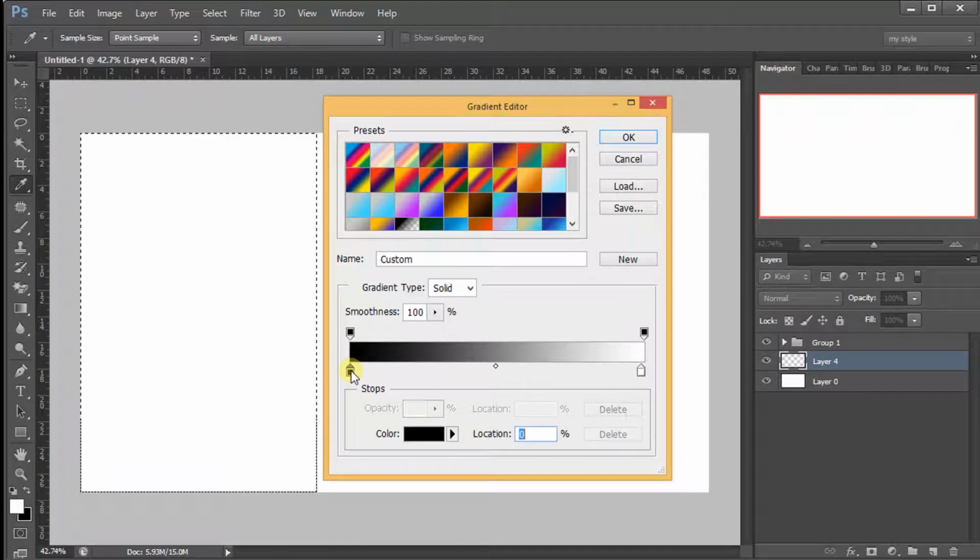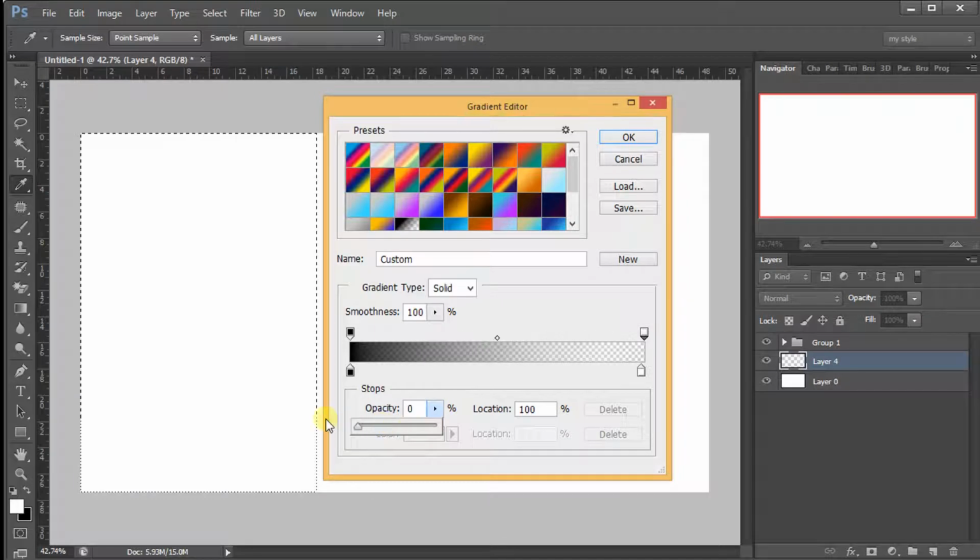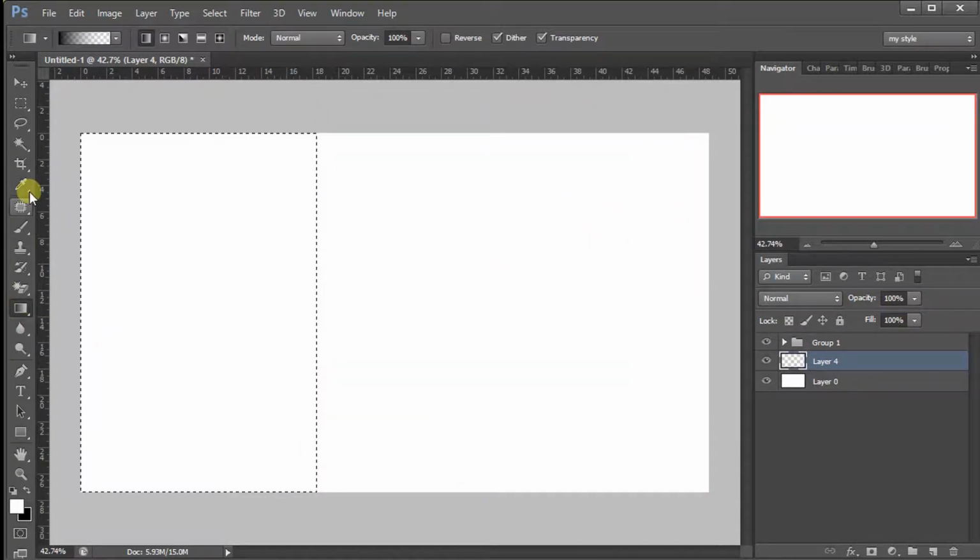So in order to check the opacity, you click on this one at the top of each color, and you see the opacity here. This is 100% and this is 100%, but we want the white to be transparent so that it makes it black to transparent. Okay, so I'll reduce this one to completely 0% and I click on OK. So afterwards I'll come within my selection, I'll draw a linear gradient,